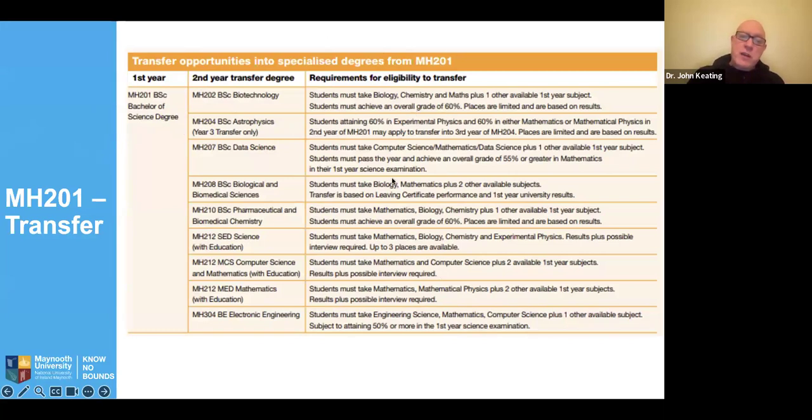So it's a really good idea, even though you're coming in first year, to have some sense of what you might want to do a little bit later. I'm interested in astrophysics, for example, or data science, or computer science and software engineering, or electronic engineering. Then you need to look at the column on the right here and know exactly what you need to do,